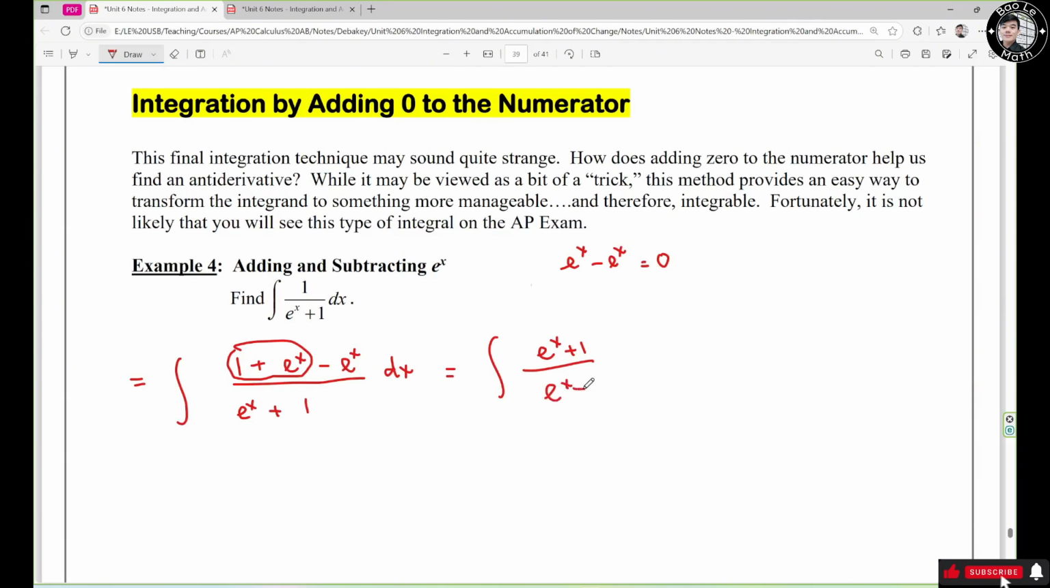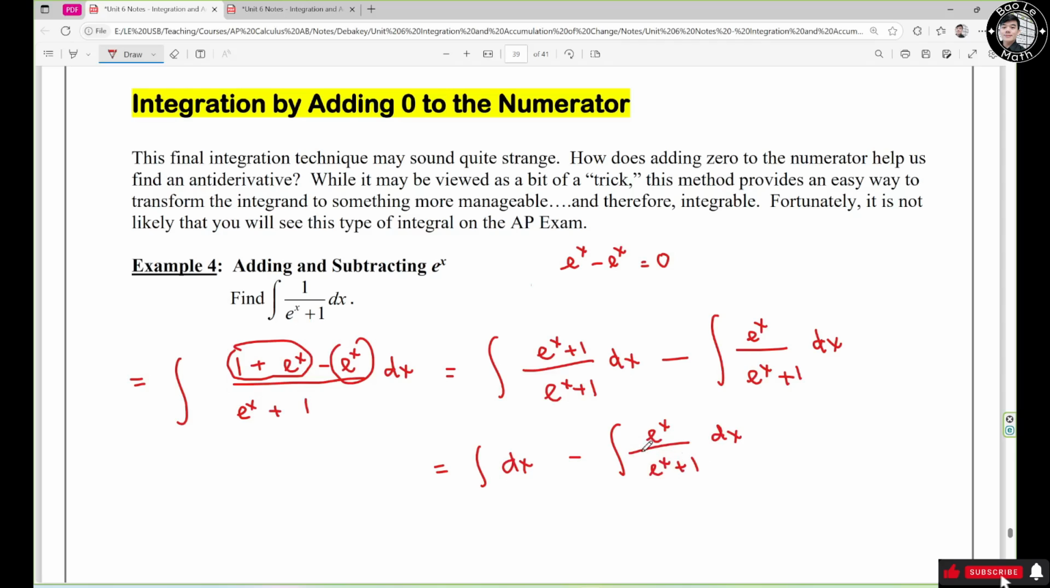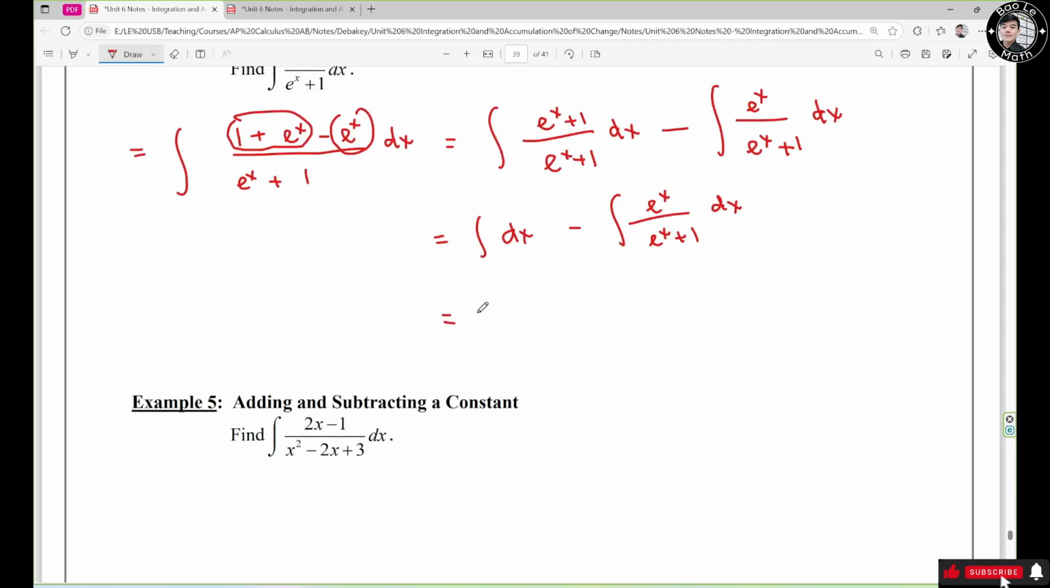Over e to the s plus 1 ds minus the second one, e to the s, antiderivative of e to the s over e to the s plus 1 ds. Now I need to simplify, so this guy turns out to be antiderivative of ds, minus antiderivative of e to the s over e to the s plus 1 ds. Now this guy turns out to be s, and this guy turns out to be natural log of absolute value of e to the s plus 1 plus c,